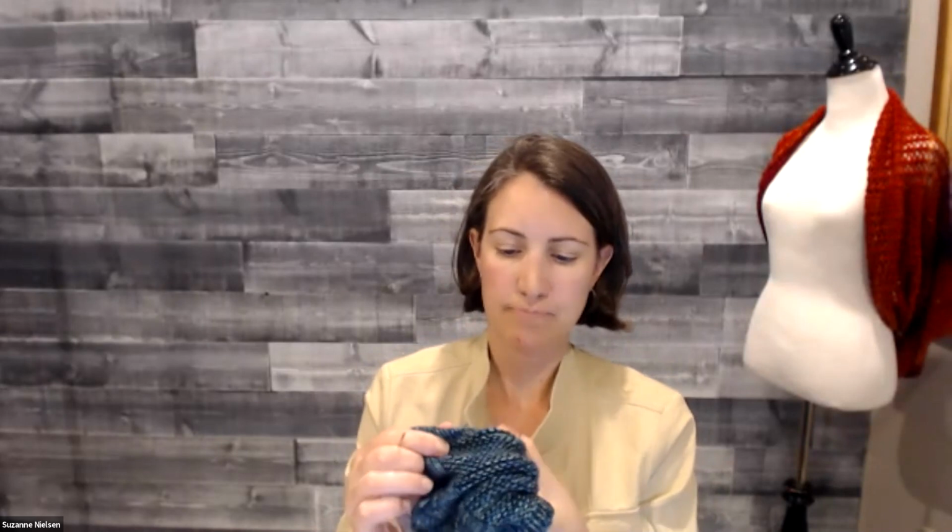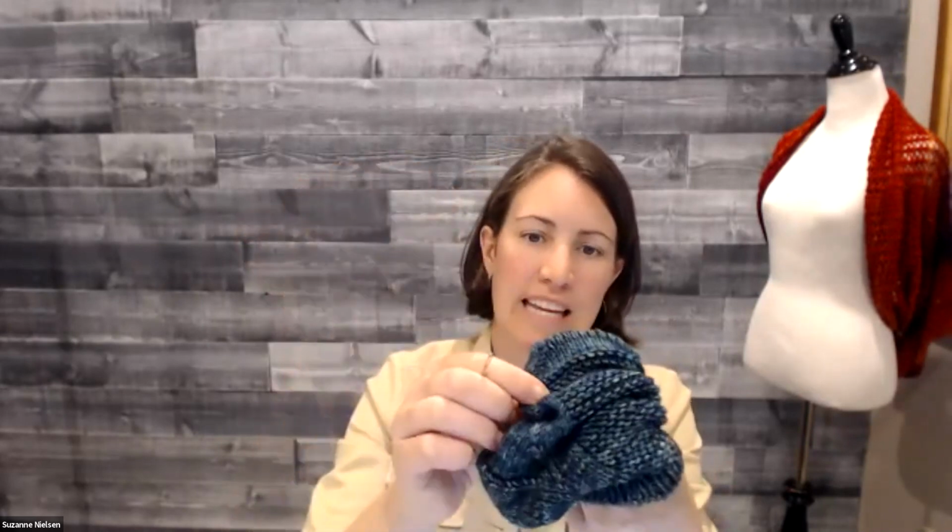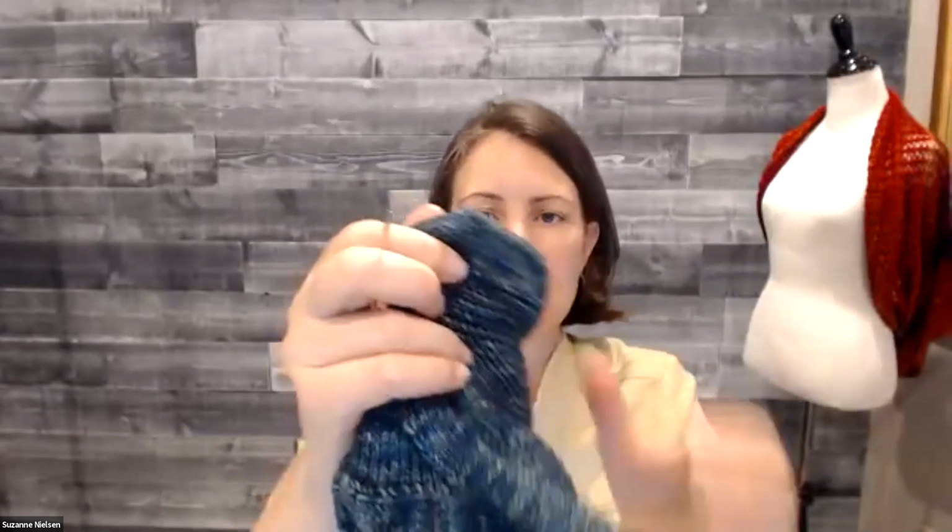A different Barbara asks, how do you get rid of the ears kind of at the edges of your seam? Yeah, a good tip for that? Yeah. On the one side, let's see, over here, I just use my tail and I pull my tail to the inside, and that's the side that it kind of sticks out more on. I don't know if you can see that. Maybe we could switch back to